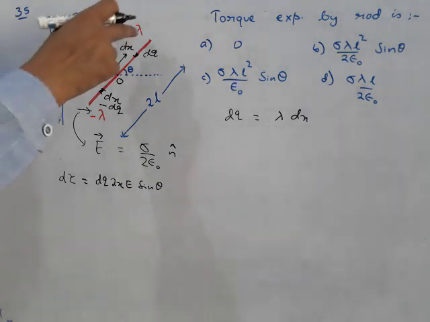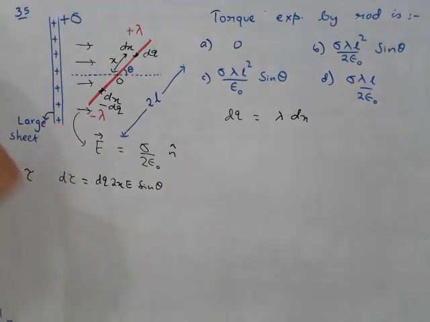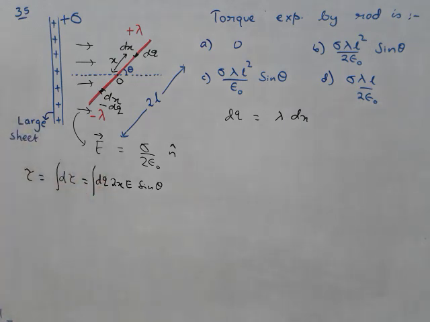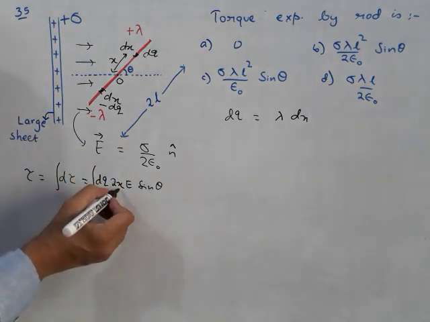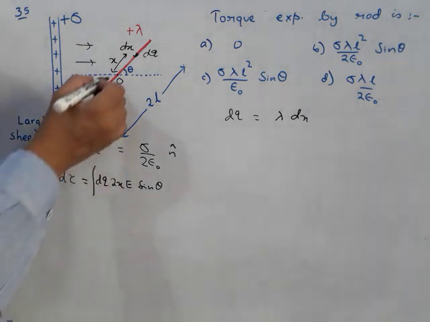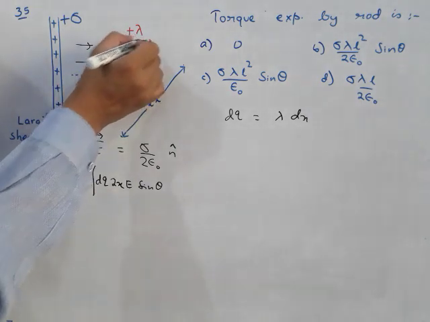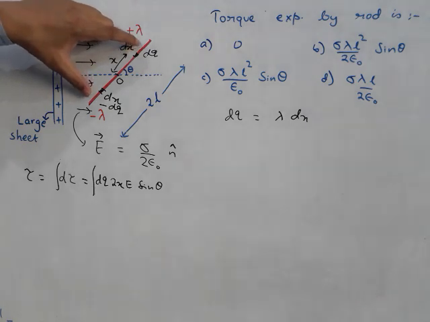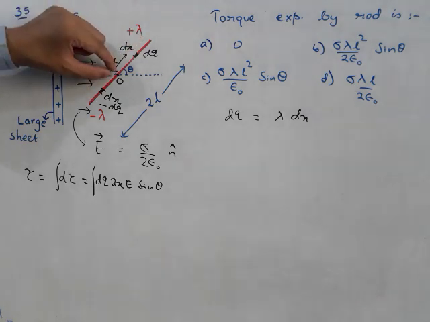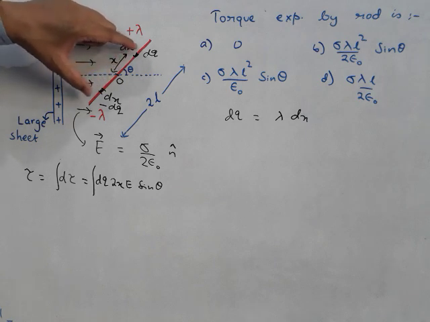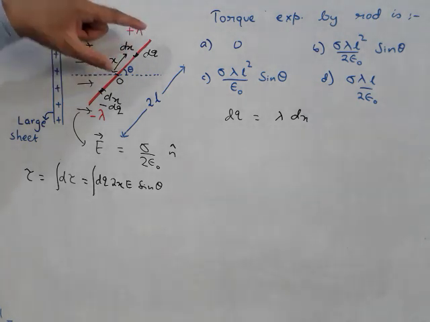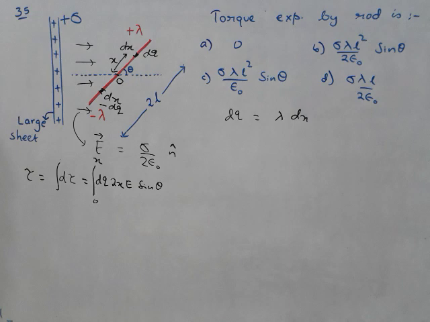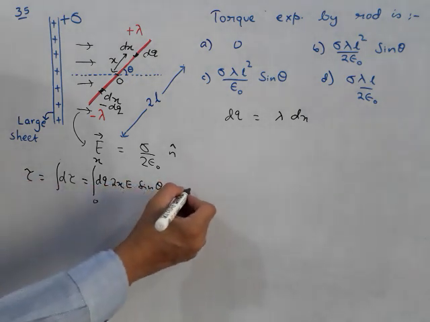The total torque on this entire rod, which will be tau, will be obtained by integrating this particular expression, and the variable is x, and we will take the limits of x from this point to this point. See, we are choosing pairs. One pair we have chosen like so, another pair will be here, another pair will be here, another pair will be here. So starting from the origin, we will choose pairs of elements, and then when we move from 0 to x on one side, we are done. So the limits will be 0 to x. Now as I told, the variable is x, so we want other things to be out of the integral.